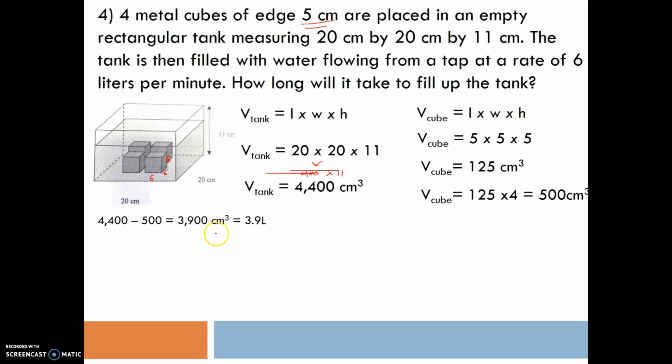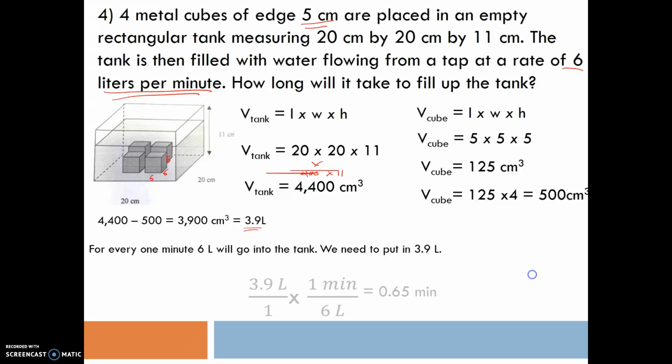I need to divide by 1,000 and put that into liters because our rate up here is in liters per minute. We need those to match. So I have 3.9 liters is what the capacity of the tank is with those cubes in there. And for every 1 minute, 6 liters will go into the tank. We need to put in 3.9 liters. So let's set that up. We have 3.9 liters times 1 minute per 6 liters. Those cross cancel. And I have 3.9 divided by 6. So my answer is going to be 0.65, but let's go ahead and review how to do that division